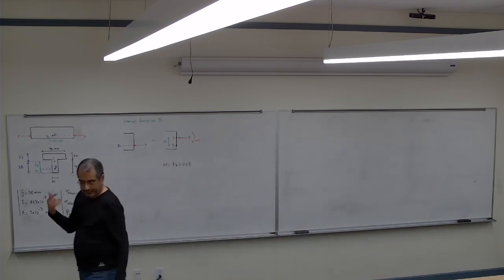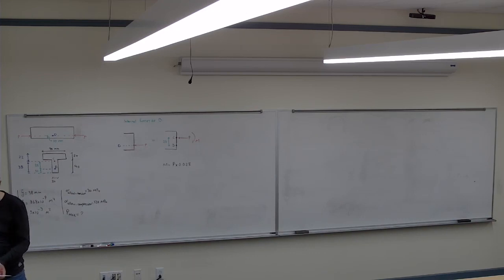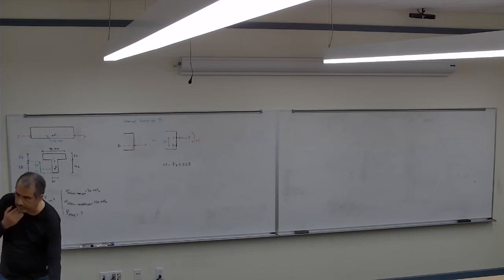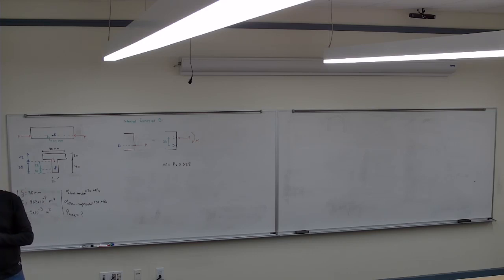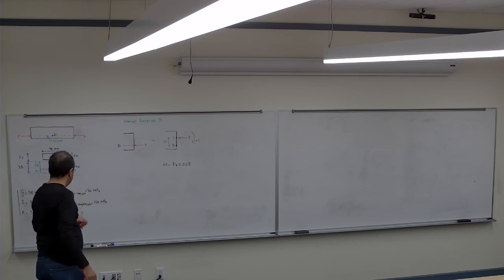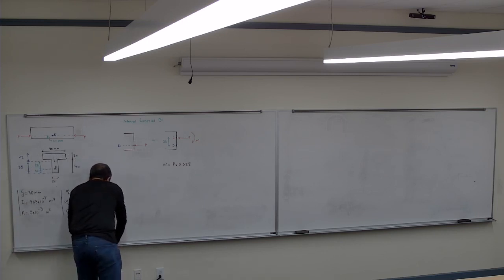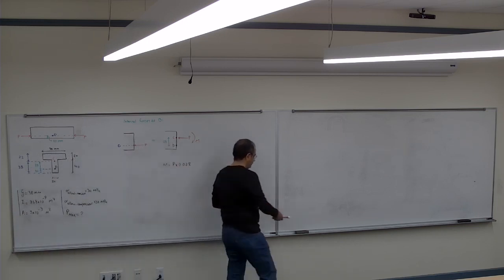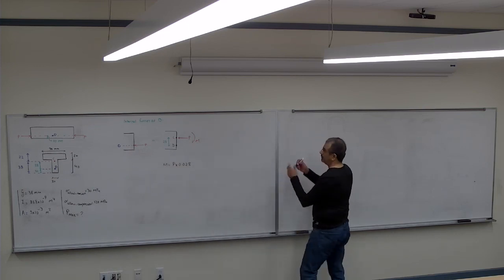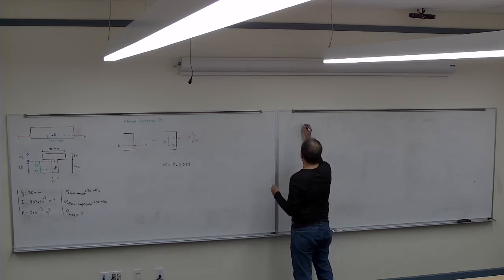So in the previous example, what we did is that we calculated each of them for the normal and for the moment, and then we added them together. So we're going to have to do the same thing here. If this is my, I'm going to just draw them first. So if this is my cross section,